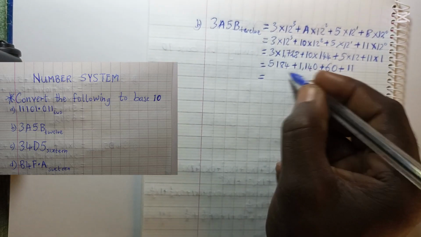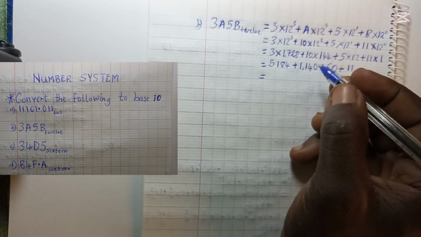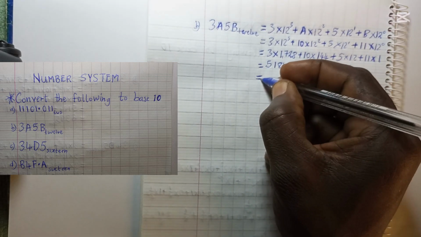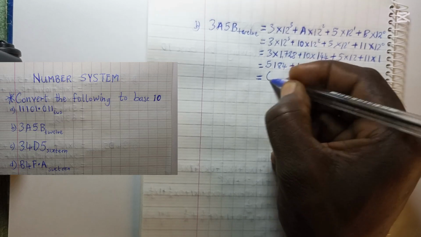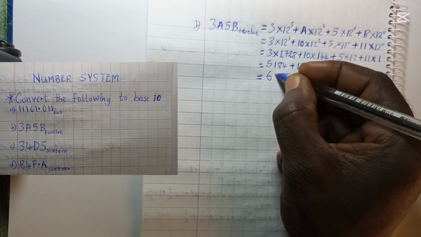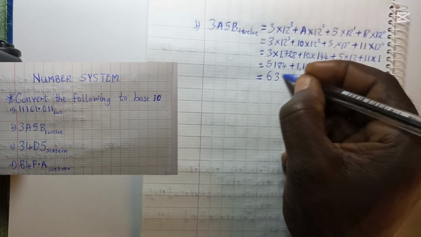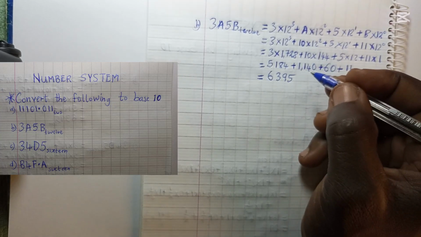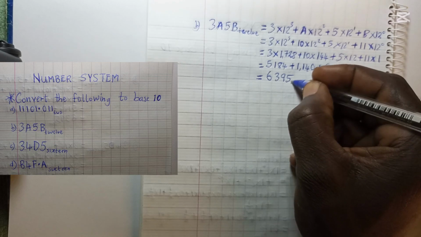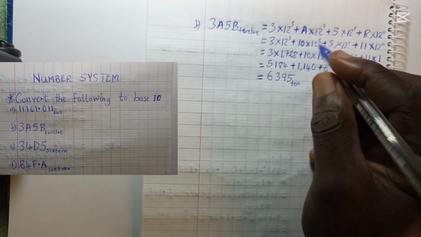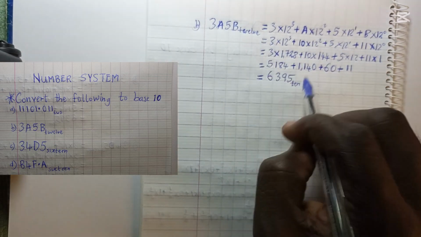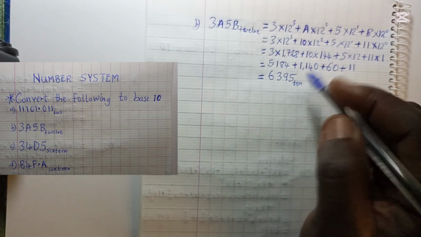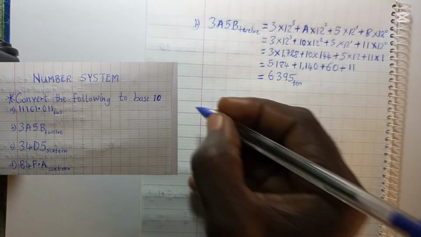So if we add up all of these values together, using a calculator, we have this value as 6,395, and then you indicate your base down here. We've converted this base 12 now to base 10. That is the final answer to B. And then C